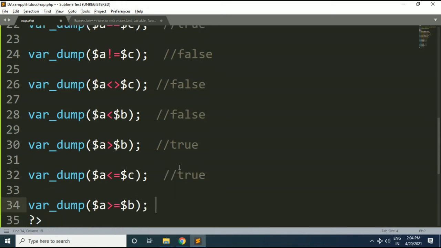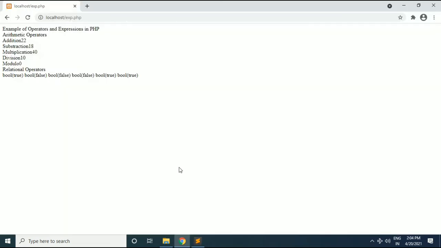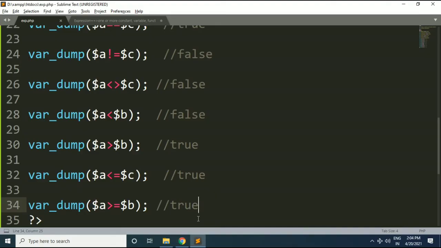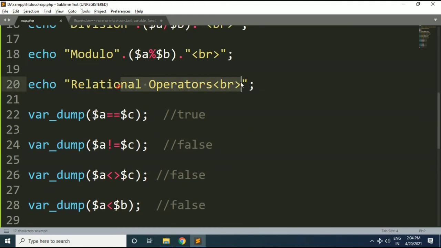This will result in true because A is greater than or equal to B. This is how we can use different relational operators.